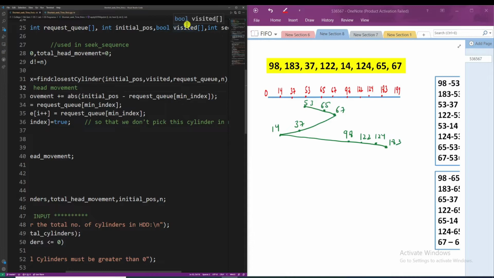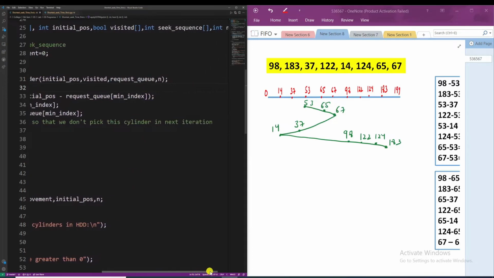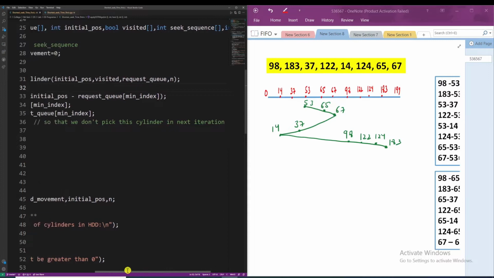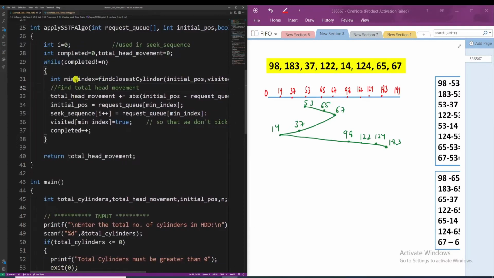I will tell you later what the need of this visited array is. Another input is the seek sequence array. My main function passes this array so that apply SSTF algorithm can fill it. The last is int n, the count of the cylinders, that is 8. Inside this I do all the processing.